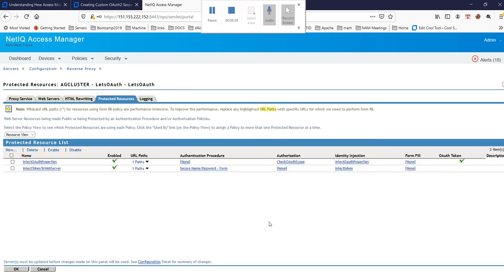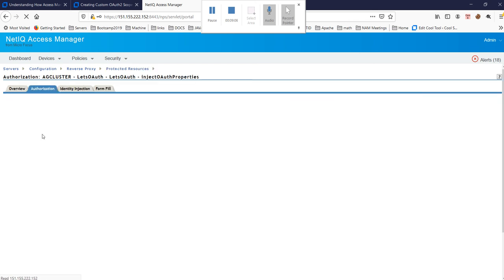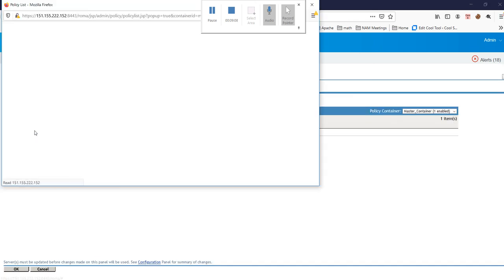So in this particular use case, we can create two kinds of policies. It is not mandatory to create both of them, but just to show the use case, we can create two kinds of policies. The first one is the authorization policy. So I have created an authorization policy called check OAuth scope. What it does, if I open this and show you real quick,